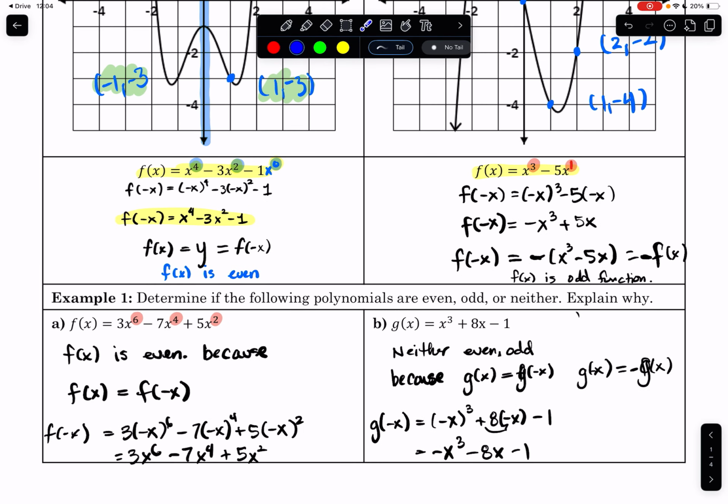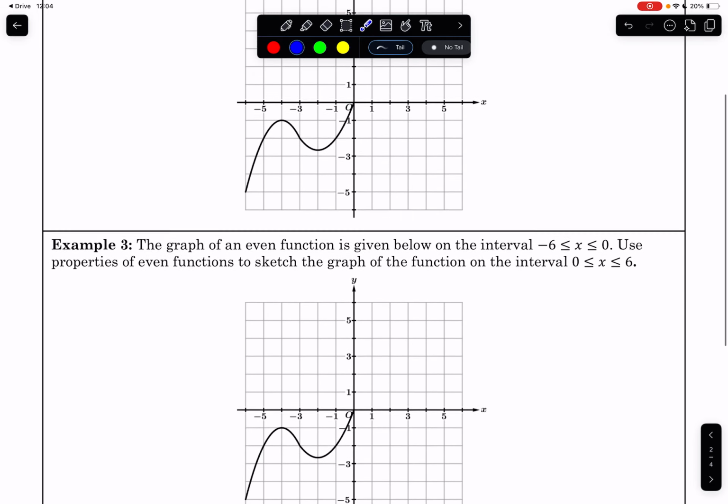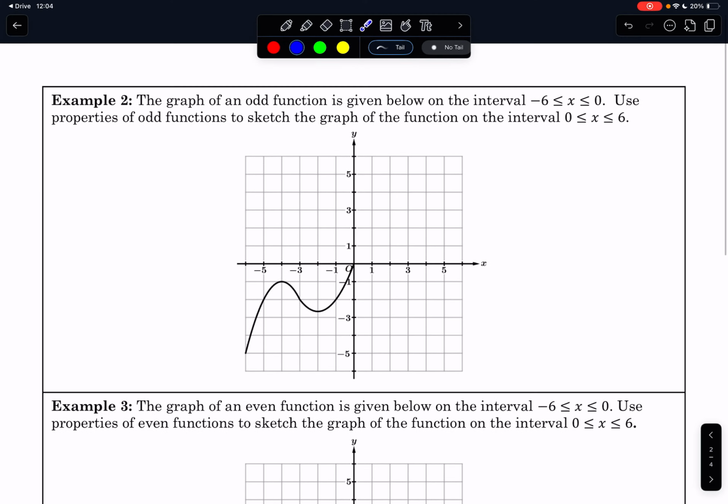Let's now look at the next page. Let's use these characteristics, and the fact that we have an even or odd function, to draw complete sketches of a polynomial. For number 2, we are stating that the graph of an odd function is given below on the interval from -6 to 0, as you see right here. Use the properties of odd functions to sketch the graph of the function on the interval from 0 to 6. We want to figure out what the graph is going to look like on this end of the graph. Well, since the graph is odd,